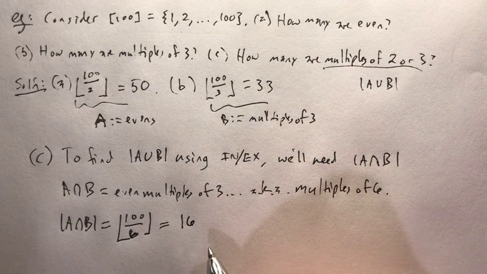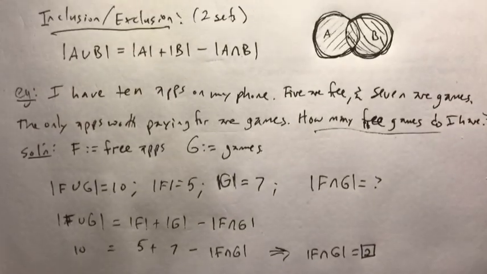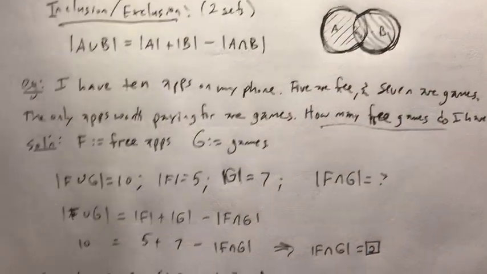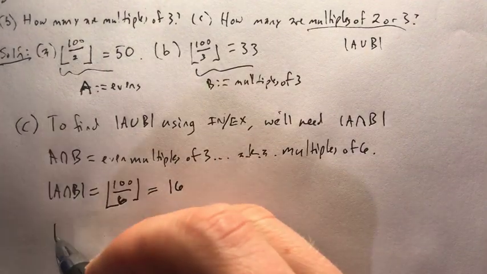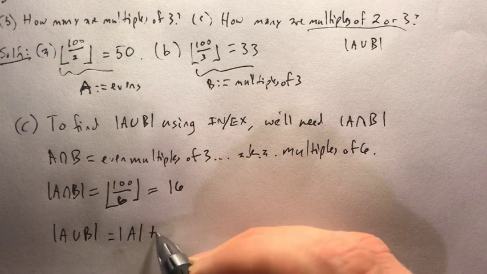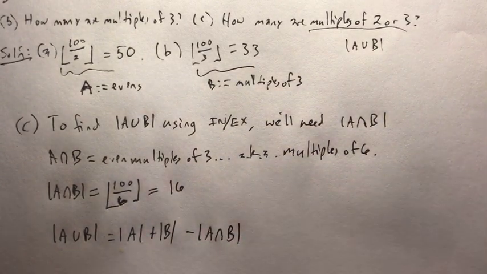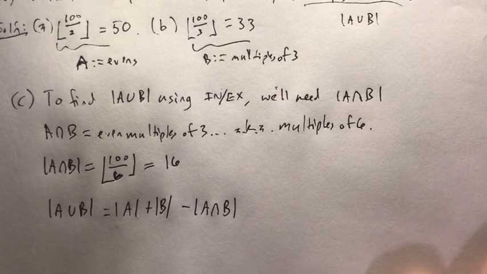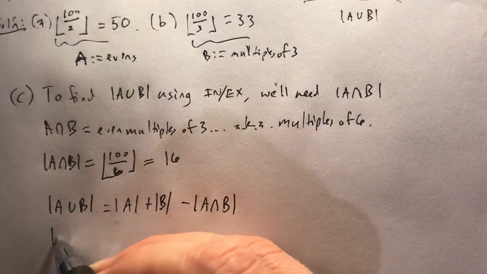So now I plug all of this into the inclusion-exclusion formula. I'm going to use the same formula that we've been talking about this whole time, inclusion-exclusion, and let's put it in. A union B has size equal to the size of A plus the size of B minus the size of A intersect B. So let's plug in what we know. We get that A union B, which is what we want,